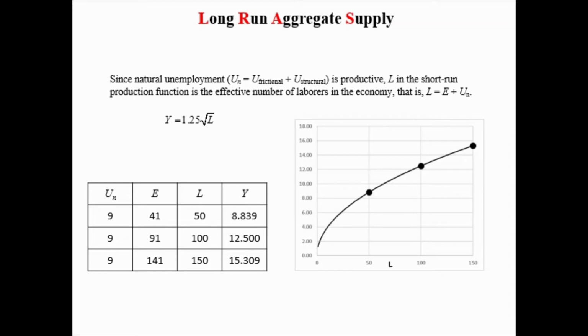So when you go from 0 employees to 50 million, you're adding a bunch of people to empty production lines. That causes production to go way up. When you add 50 more to that given production line, the production line gets a little crowded. And so the last person hired here, the 100th million, can't be as productive as that 50th. And when you go from 100 to 150 million workers, production lines get even more crowded, right?